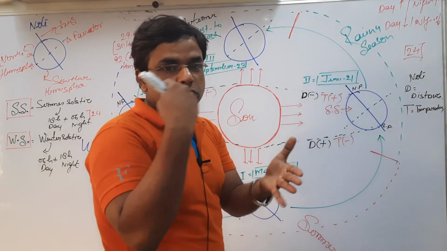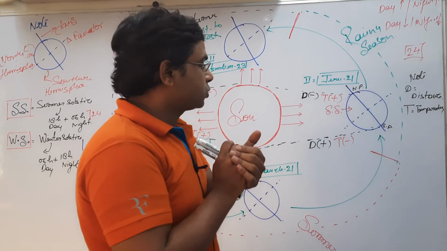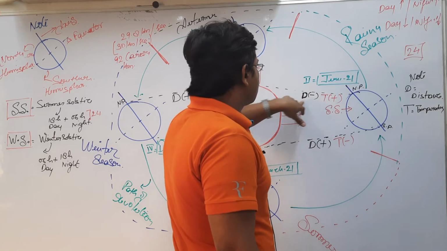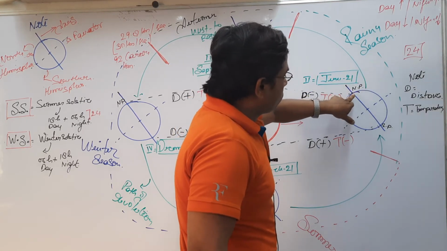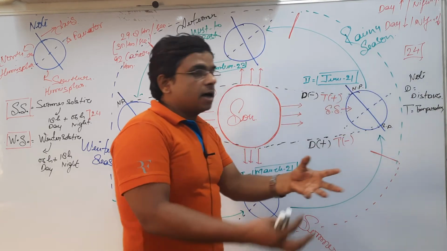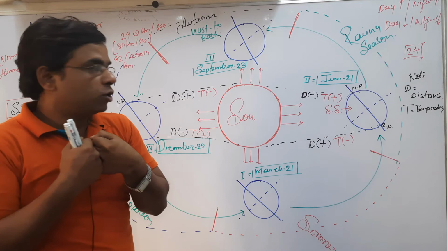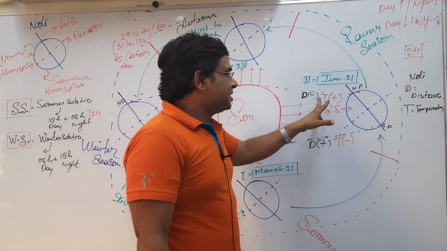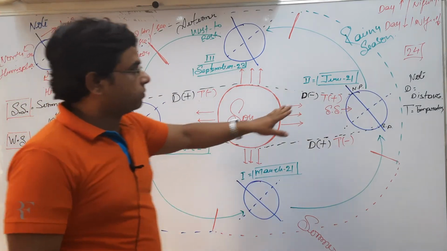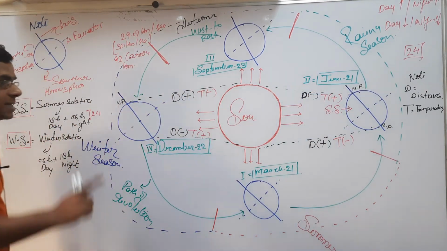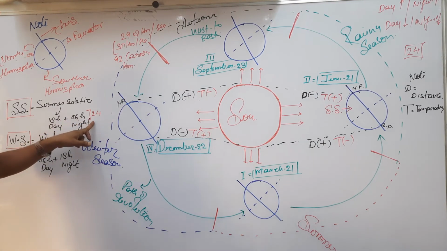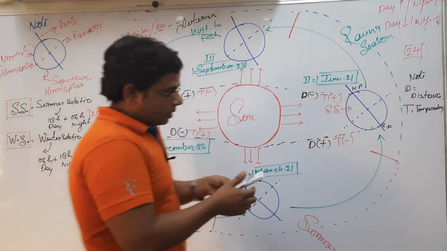So why is the solstice happening? Because of the inclination of the earth on its axis. This inclination decreases the distance of the northern hemisphere and particularly the North Pole from the sun. That's why the North Pole and the northern hemisphere receive the maximum light and heat of the sun. Due to this decreasing distance, the temperature is higher, and we have a solstice position on the 21st of June, when we have the summer solstice in the northern hemisphere, and the daytime duration is 18 hours and the nighttime duration is 6 hours.